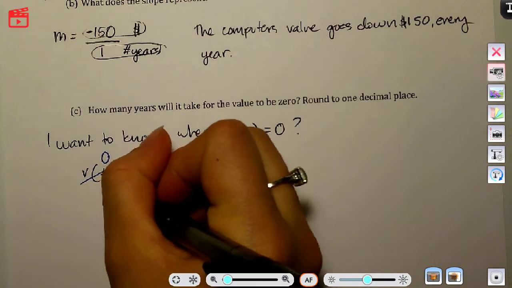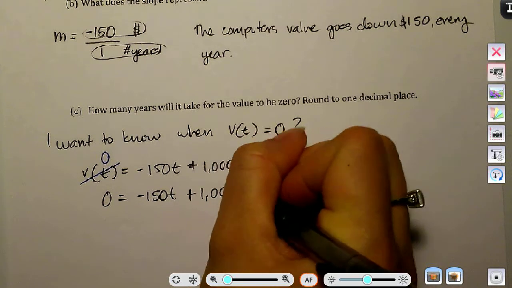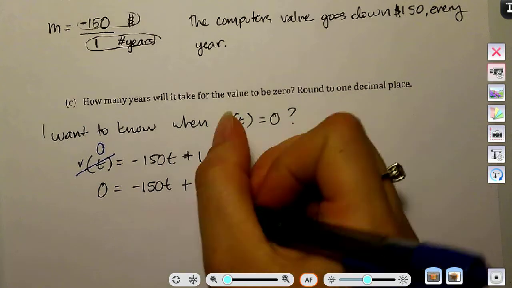And I have created a linear equation to solve. So I can solve for the time that it'll take for the value to be 0. Let's go ahead solving. So minus 1,000